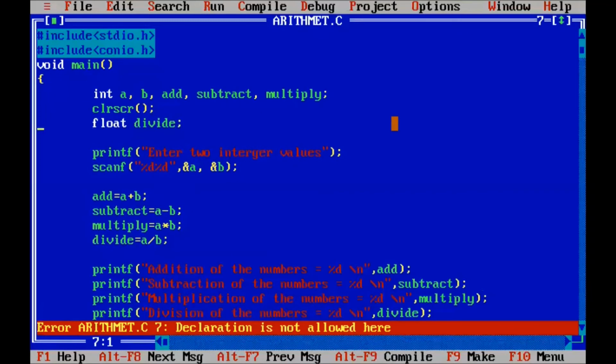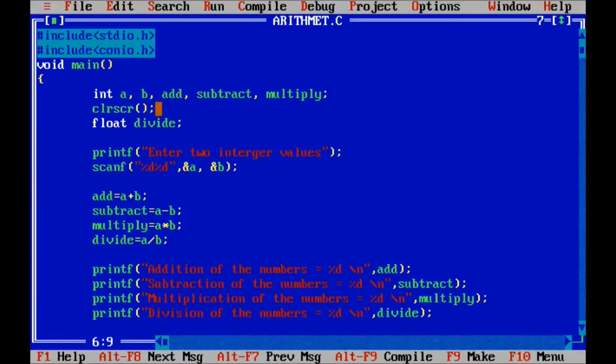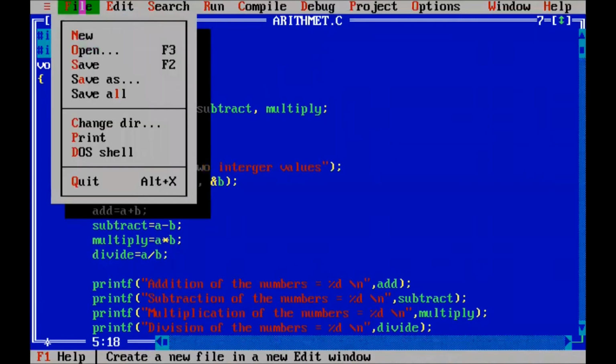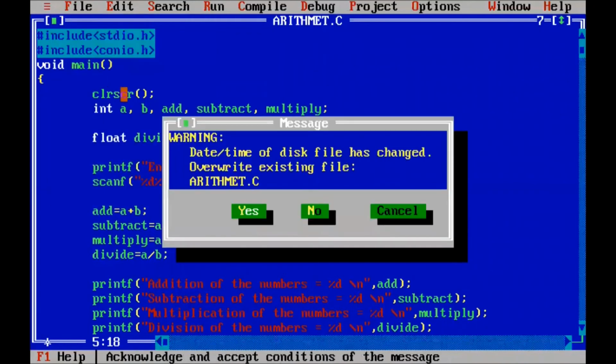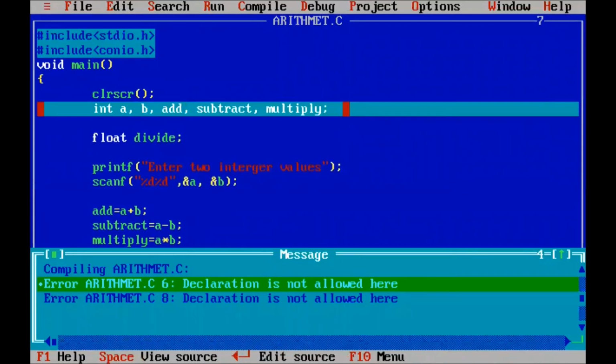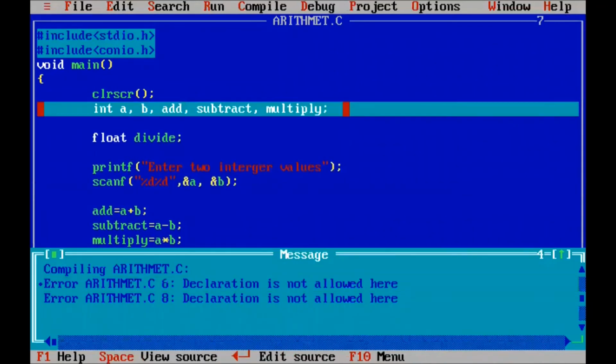Float. One error at clrscr, because we declared it in the wrong place.